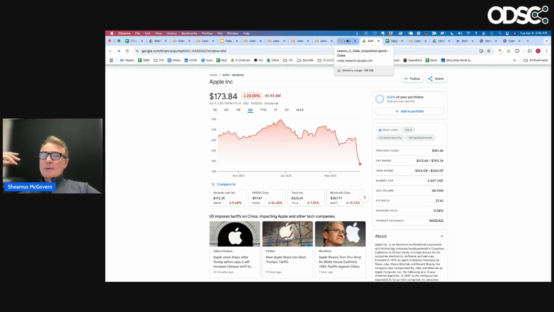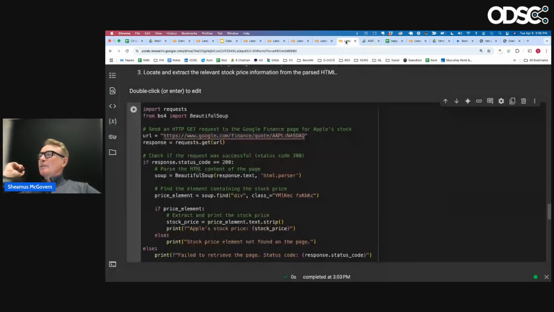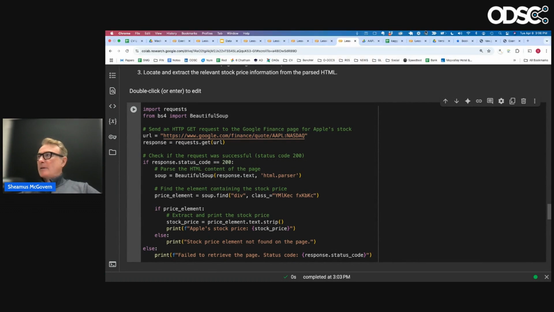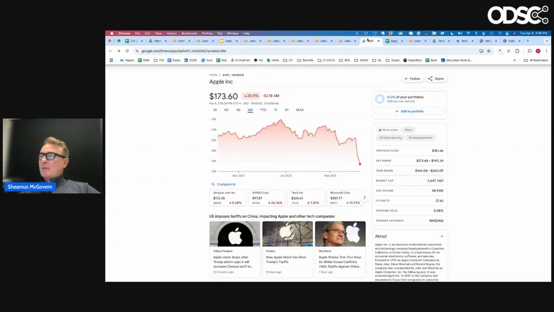But let's say you wanted to build one of these agentic AI workflows, and every time Apple rose 10%, you wanted to go out and treat yourself to an ice cream or something, whatever you want to do. Or when it dips 10% or 20%, you want to go and buy that stock. Well, now you can. So what you can do here is go with the exact same request, give it the Google price for Apple. What's the price of Apple right now? It's 173, and